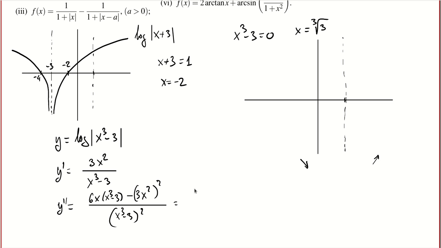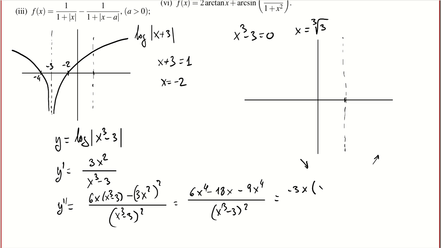And here we have 6x to the 4 minus 18x minus 9x to the 4 over x cubed minus 3 squared. And then 6 minus 9 is minus 3. So we have a global factor minus 3x, right? That multiplies